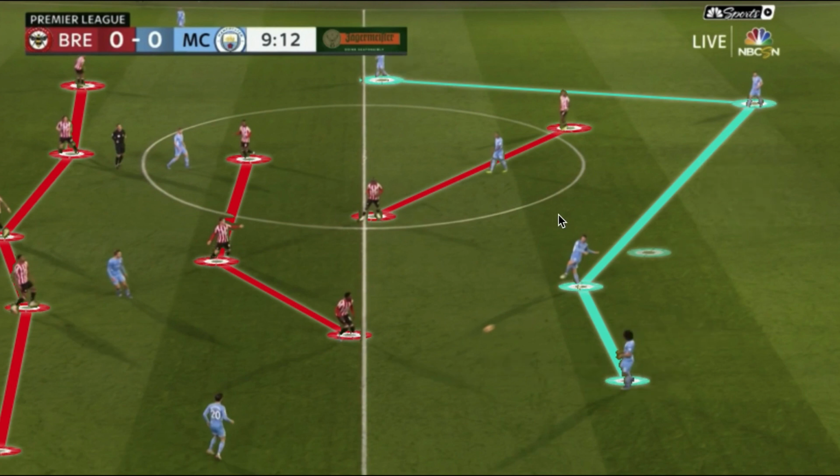more inclined to create a back 3, with Cancelo going forward in the half space or coming inverted alongside Fernandinho, while having the freedom to rotate in this wide structure with Kevin De Bruyne and Gabriel Jesus in the wide area in the half space. The big piece here is showing Laporte driving forward and now them trying to pull out a